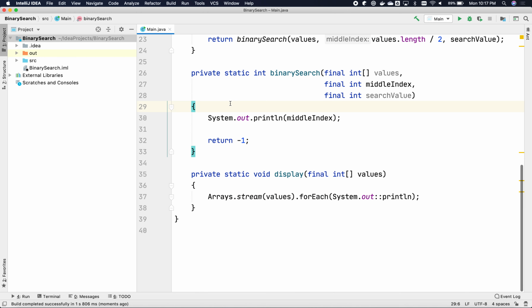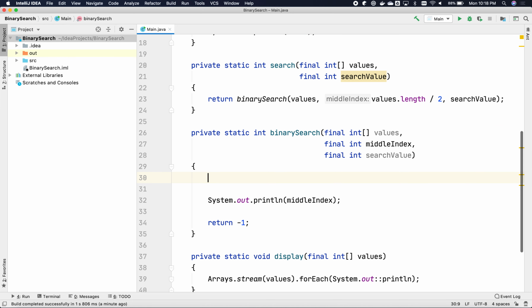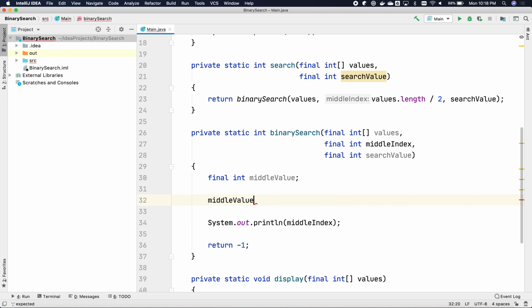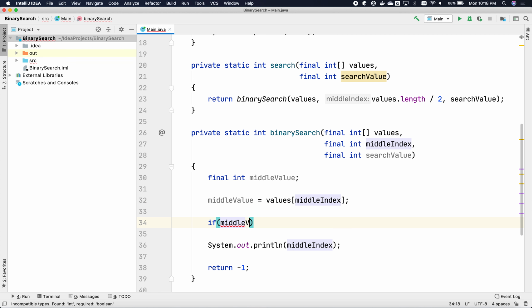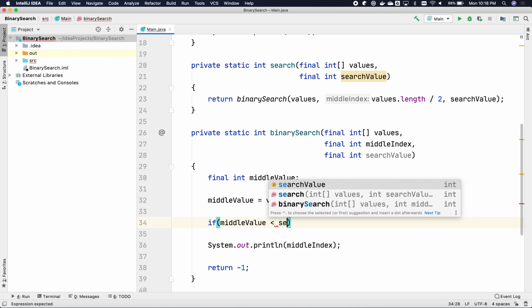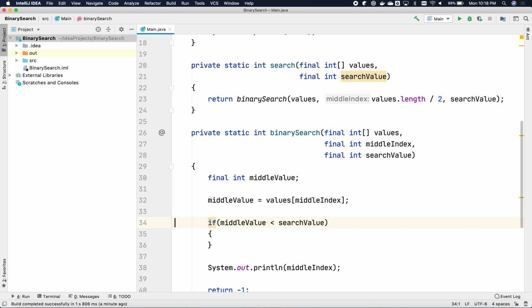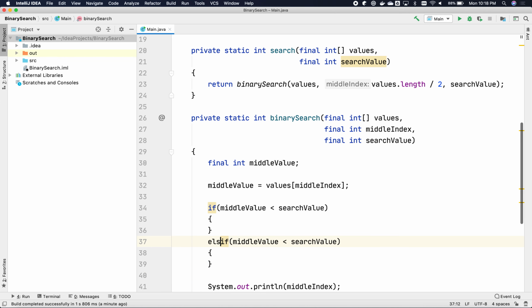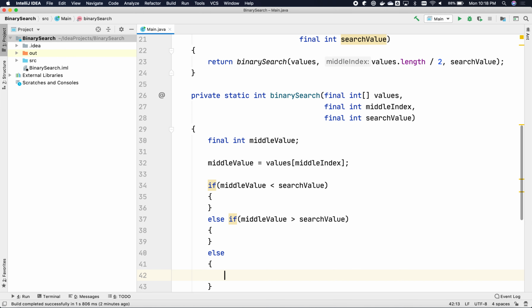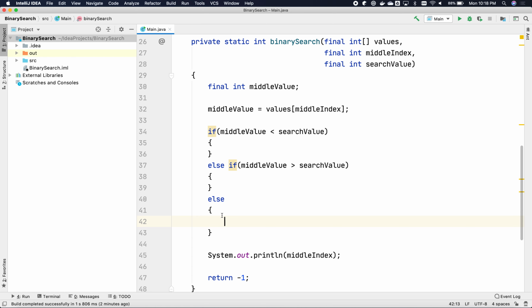So it's pretty simple to code. First off, we are going to say, now we can get the final int middle value. And we get the middle index. If the middle value is less than the search value, we're going to do something. Otherwise, if it's greater than, otherwise it was equal to. And then we can return